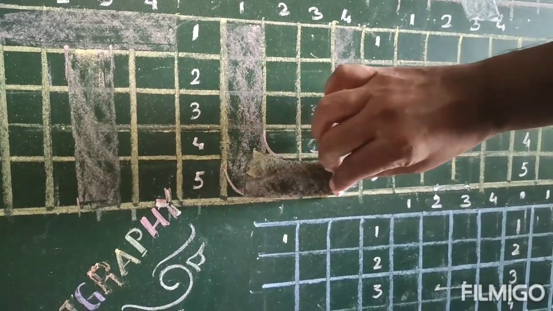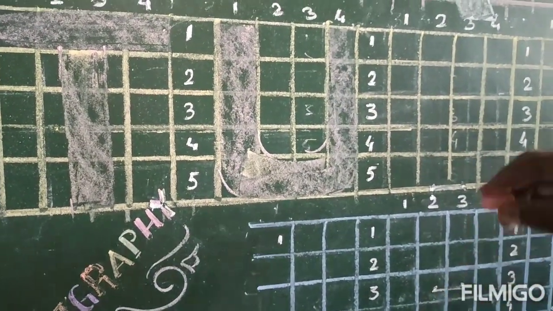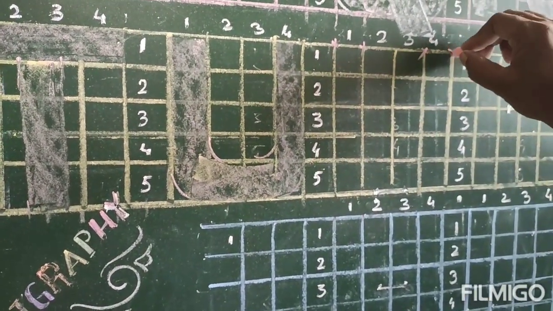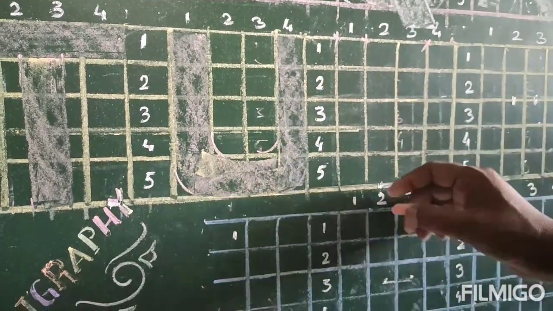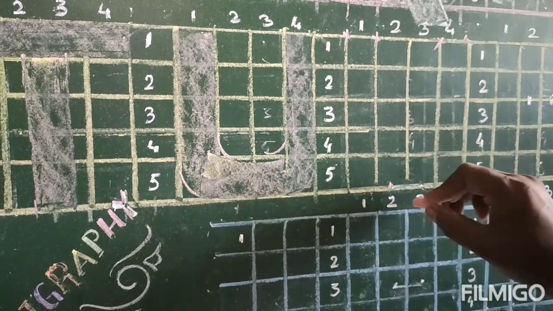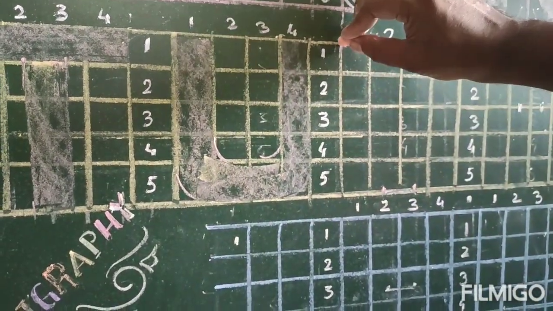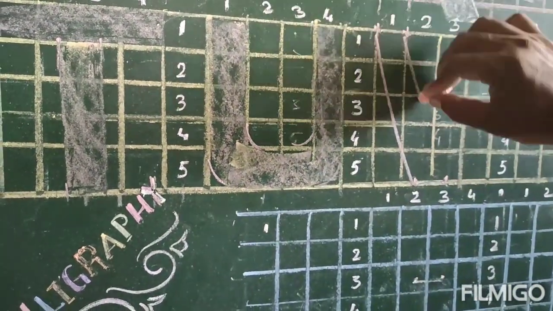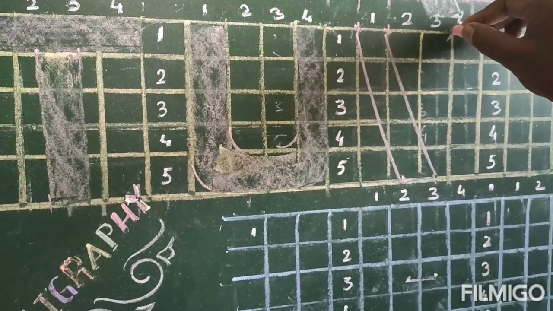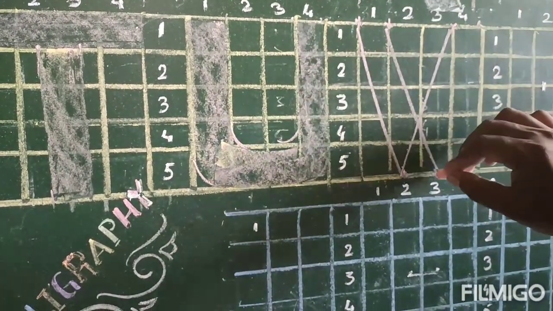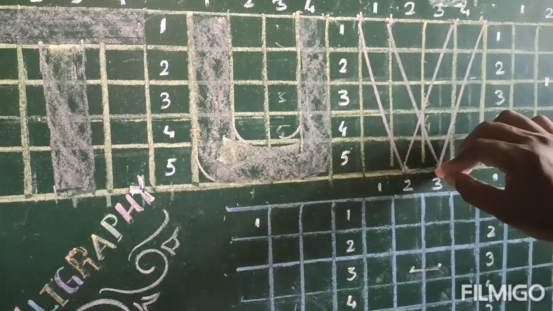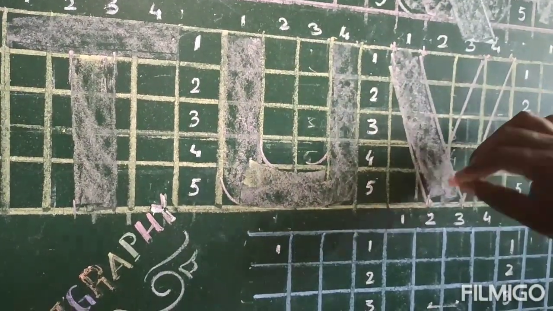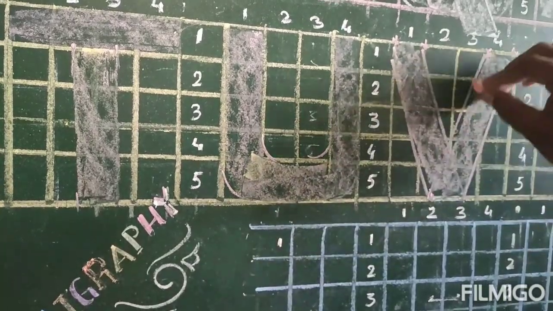Next, V. To write V, we'll take these corner points and just opposite 4:1. And as we have done T, we have drawn a middle line in between 3 and 4. We'll get 2 points down. Then this first point to first point will meet here with the help of a scale, I repeat. And then from this side also, this second point to this first point, and second point to this last point. It will be capital V. It will just make it opposite. You can write this way also, capital A, right?